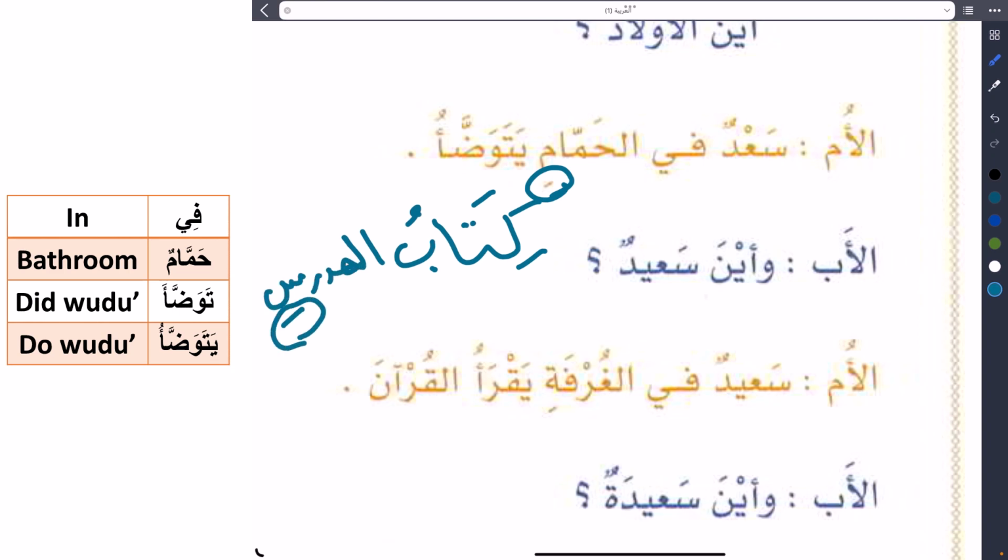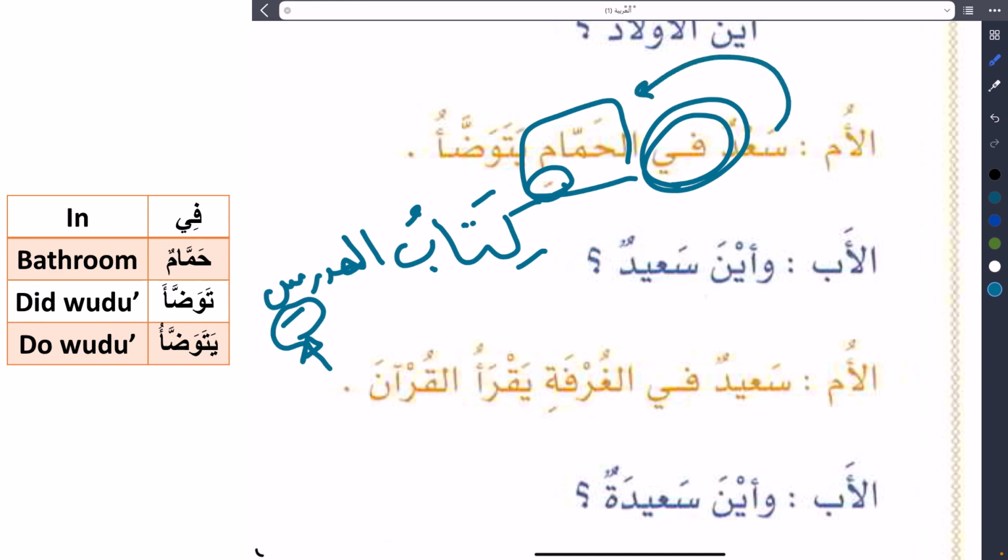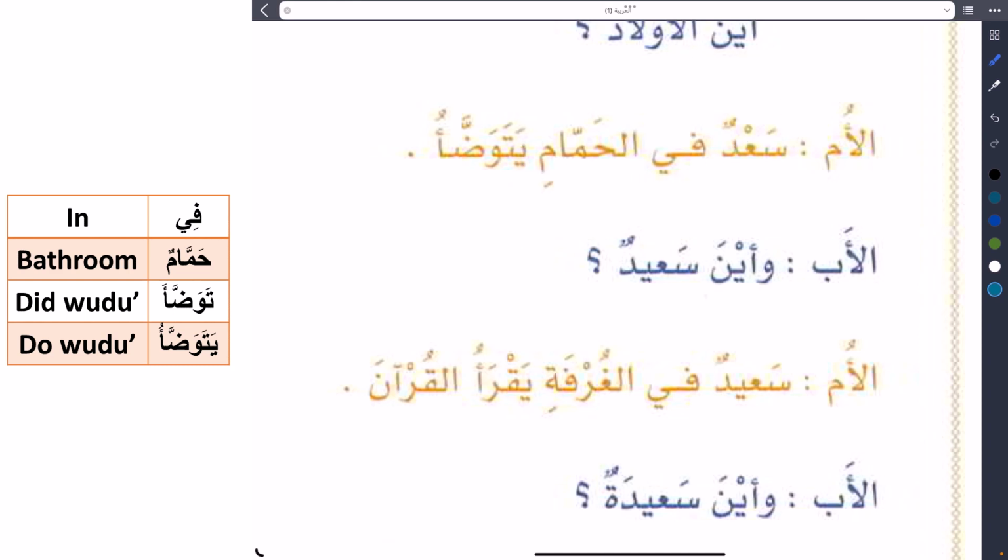Al-Kitabu al-mudarrisi. The second rule of attribution: the noun that comes after a preposition also has kasra on the last letter. Now, let me ask you the same sentence we said before. Muhammad is in the house. We say Muhammadun